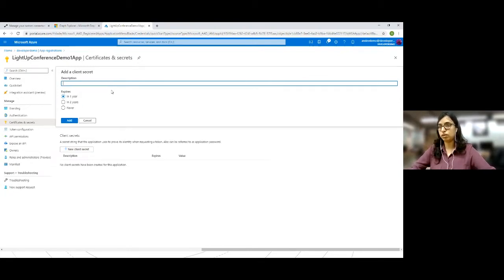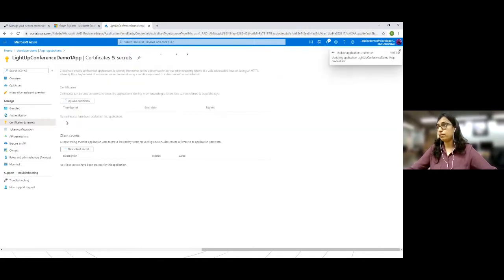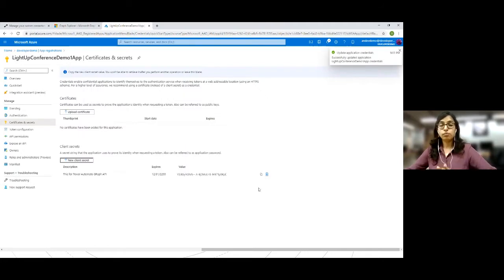This is for Graph API. I'll configure it to expire never, and then add. One most important step here is that while you create a new client secret, copy it and put it somewhere.